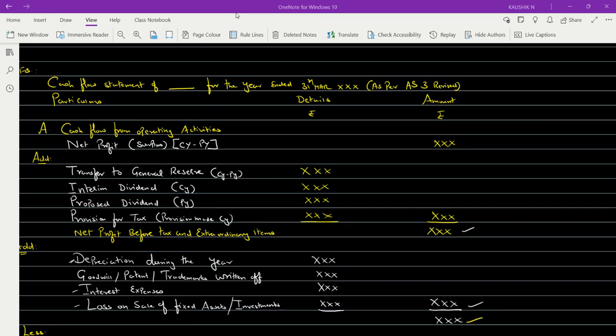So redemption of shares over here, and over here it is also redemption of debentures, and then finally this will be repayment of loan,